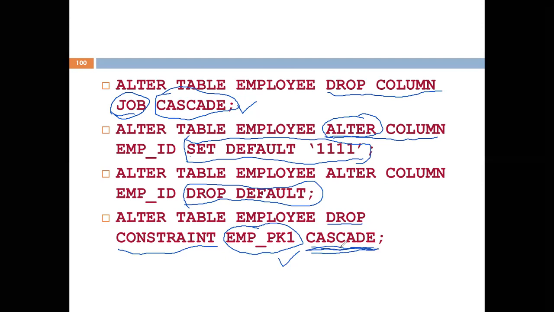When a constraint is dropped, then all the other constraints which are referring to this particular constraint will also get dropped. For example, I have declared a primary key in employee table, emp_pk1. When this is dropped, then all the foreign keys that are referring to this particular attribute will also get dropped.